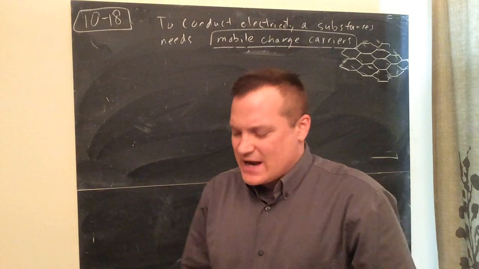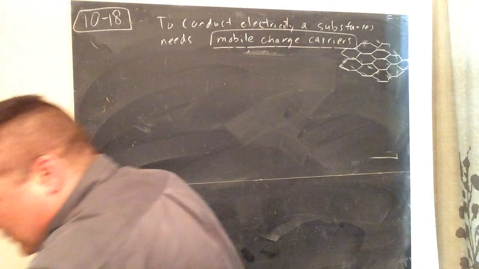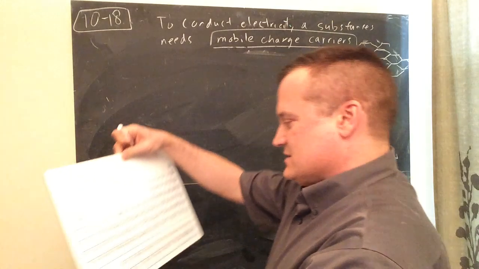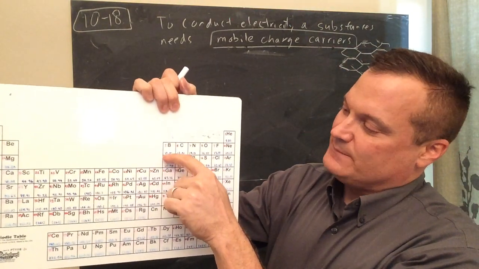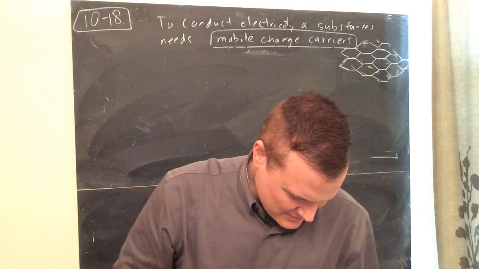Now, metalloids are kind of interesting, and on the chart, let's see, they're right here. Remember, if you make like a ladder in between boron, well, I could do it with a